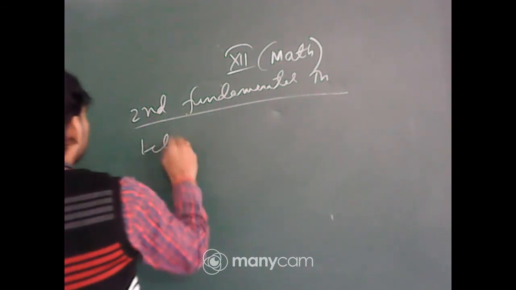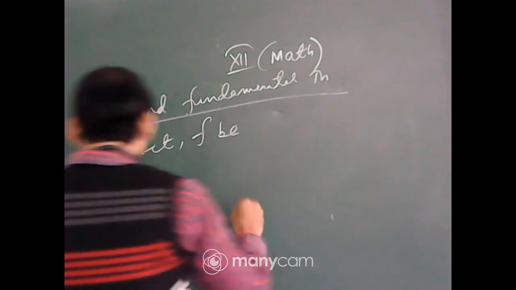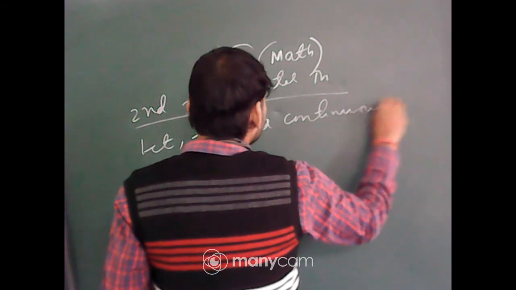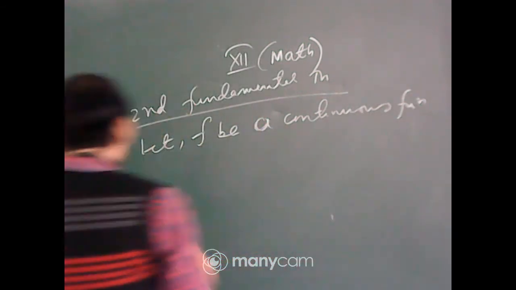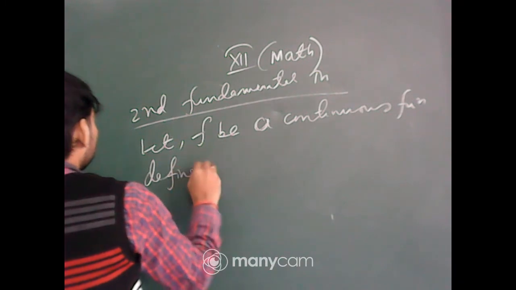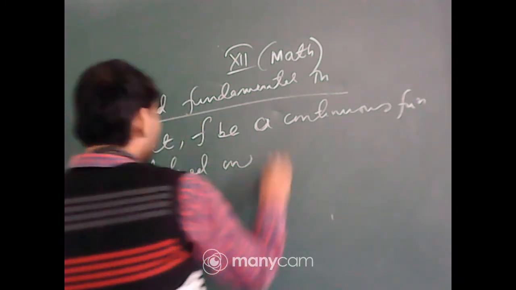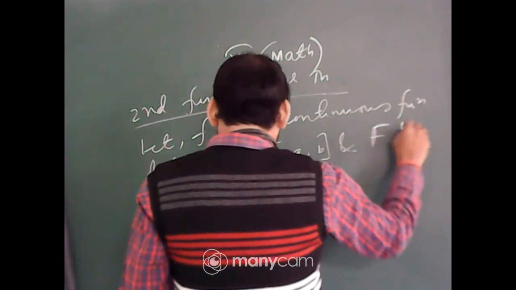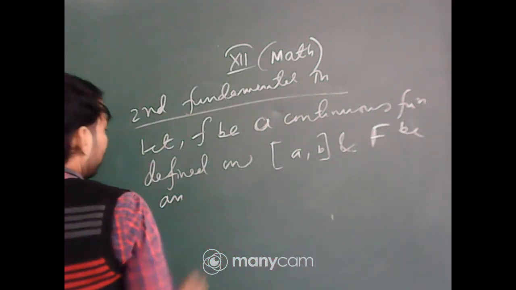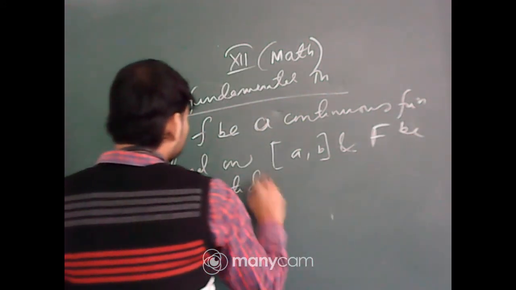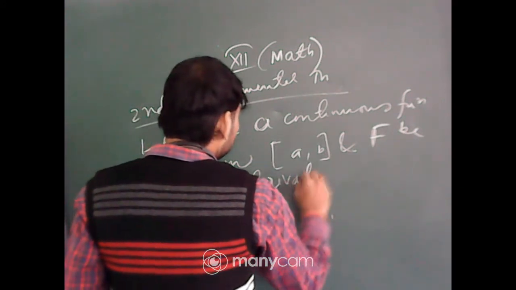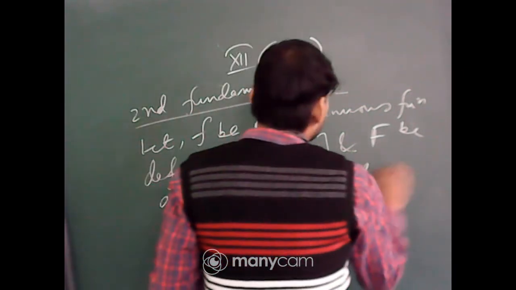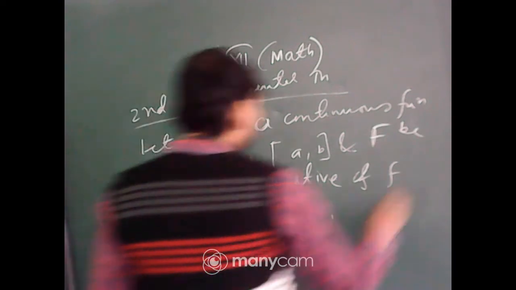Let f be a continuous function, f be a continuous function defined on closed interval a comma b, and capital F be an antiderivative of the small f of this function, then